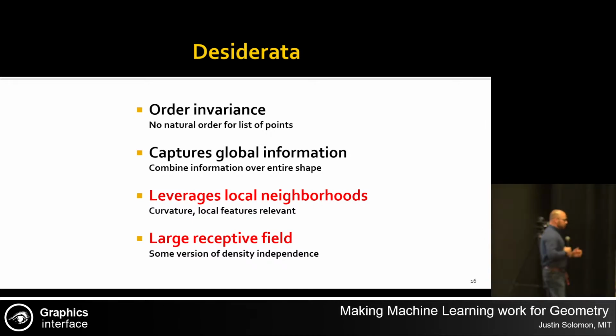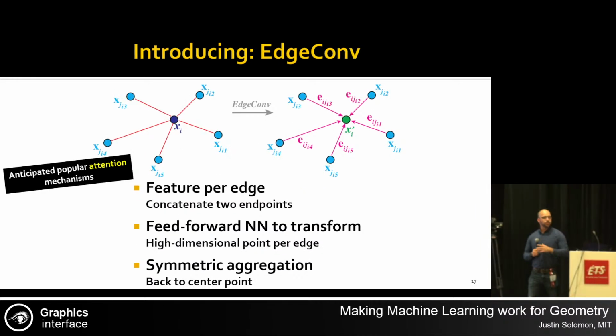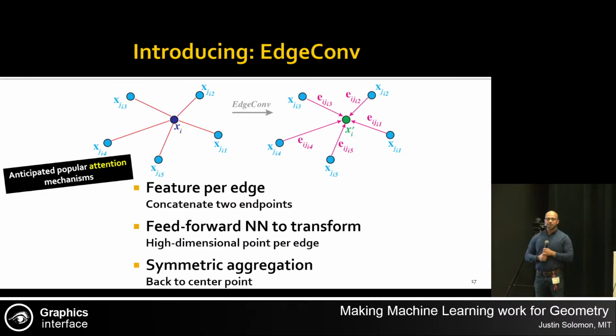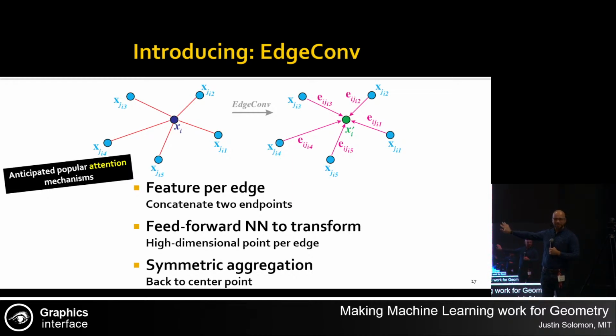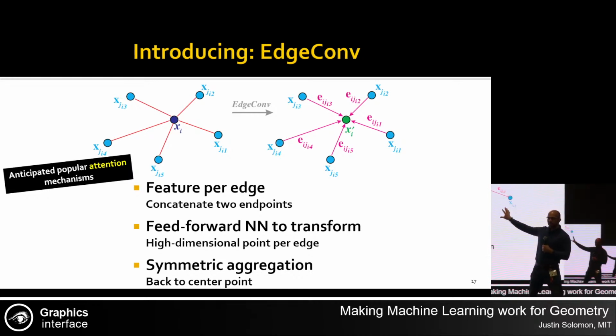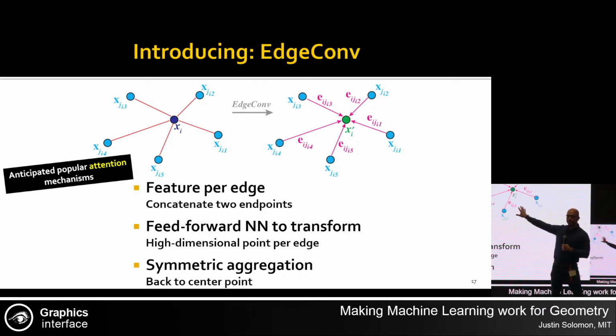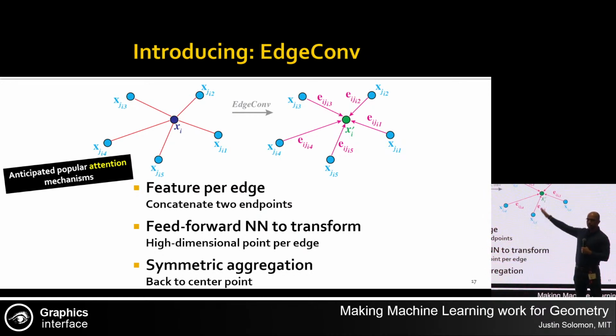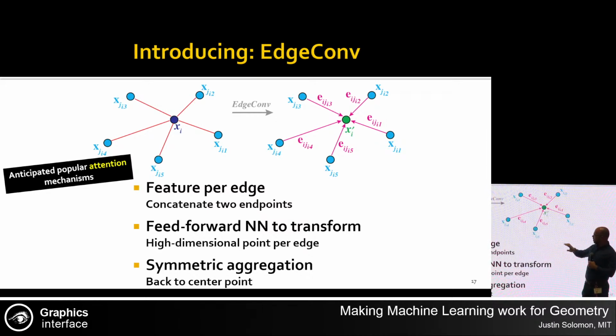And so this led Yue to propose a new architecture for learning from point clouds, built from an object called the edge convolution. This drives me a little bit crazy, but apparently you need to use the word convolution somewhere in your learning paper, or else it doesn't count, even though this is, from my perspective, not really convolution in the mathematical sense. But in any event, this edge conv module is extremely simple. So what it does is every point in your point cloud basically gathers some local neighborhood of other points nearby, and it learns a feature which is relating each point to its neighbor, right? So I get basically a learnable function which takes in 2 points and outputs a feature.